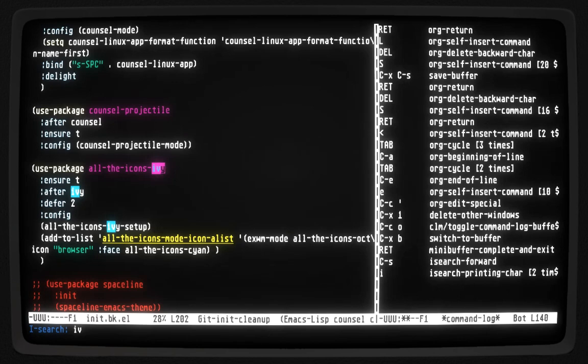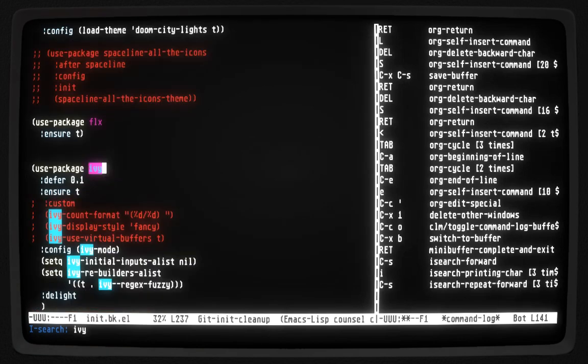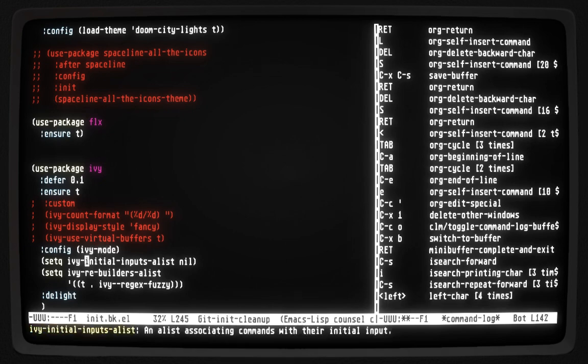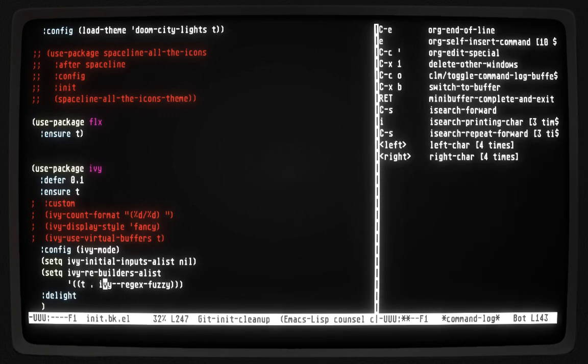Oh, that's neat when we get to it. When we get to the graphical stuff, all the icons, but that's not yet. Okay. Okay, so I'm not sure what that initial buffer alist is, but this is the thing that I want to use. The regex fuzzy match will try to help. It will set the matcher a little bit different. You can read in the docs a little bit more what it is, but I like the way that worked better. So I'm going to